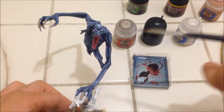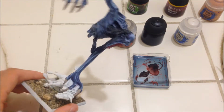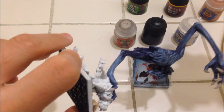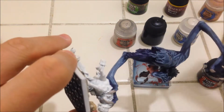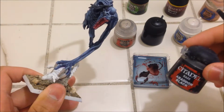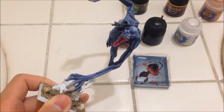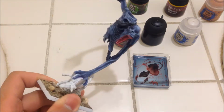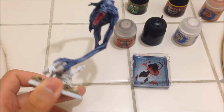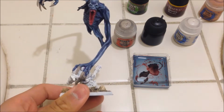Okay, so that covers the mouth and the bones and the claws. I'm going to also cover this brown opening, the gaping stomach right here, with Abaddon Black to make it look like just a dark abyss, kind of. It's a bottomless stomach. And then after I do all that, we're going to come back and do the horsey,